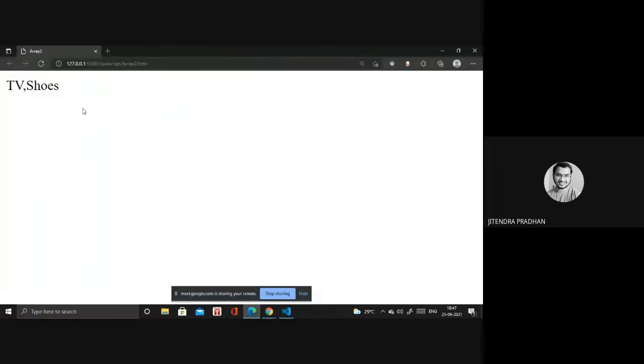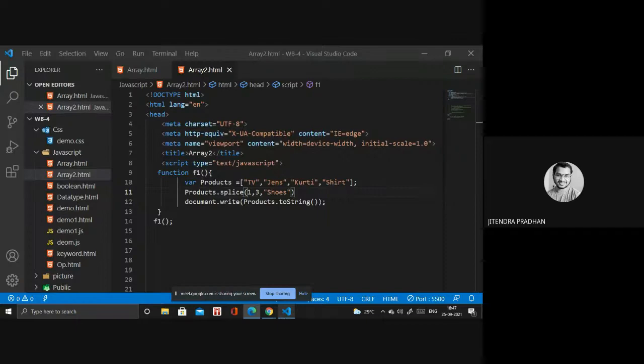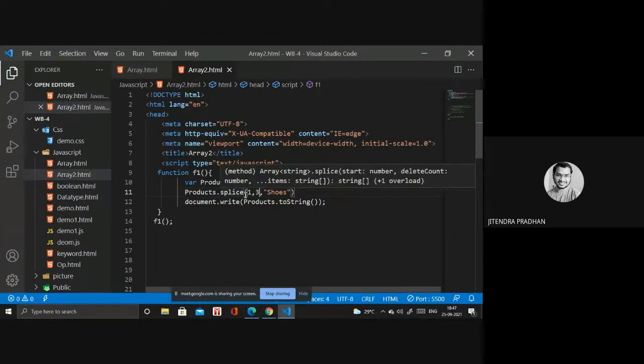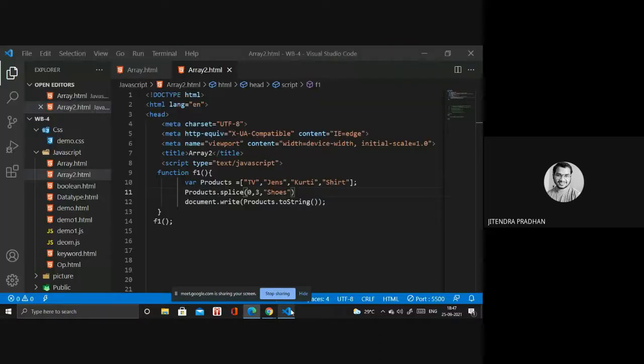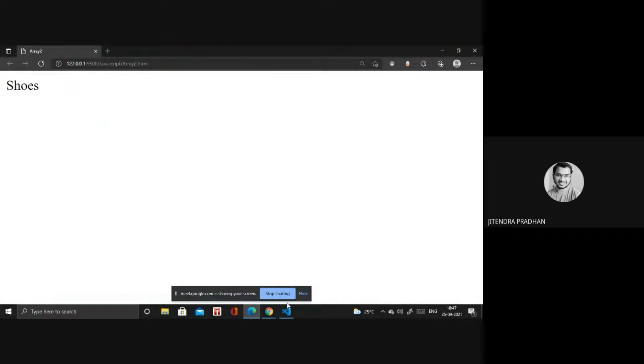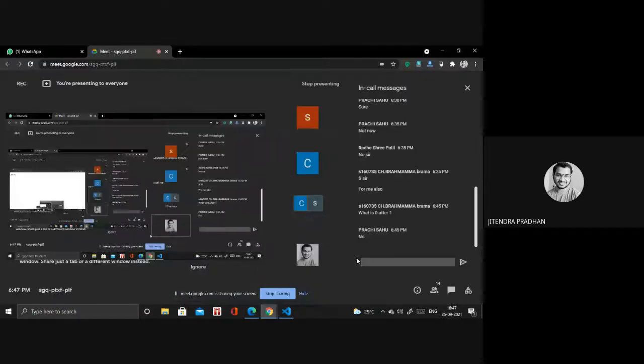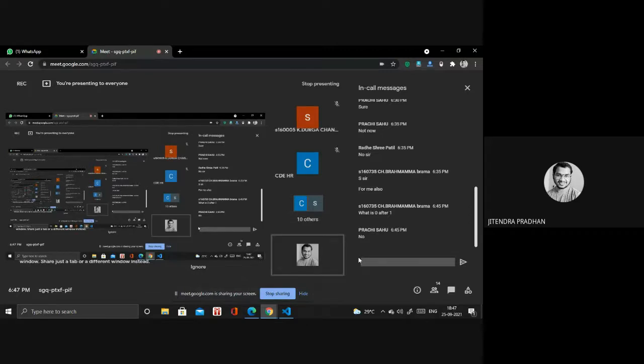So delete count is how many you want to delete. This one is the number. If I write zero, it will delete TV as well. If I write four inside that, it will delete all these things. Only shoes printed. Okay. I hope you got this point. Brahma ma'am, have you got this point?